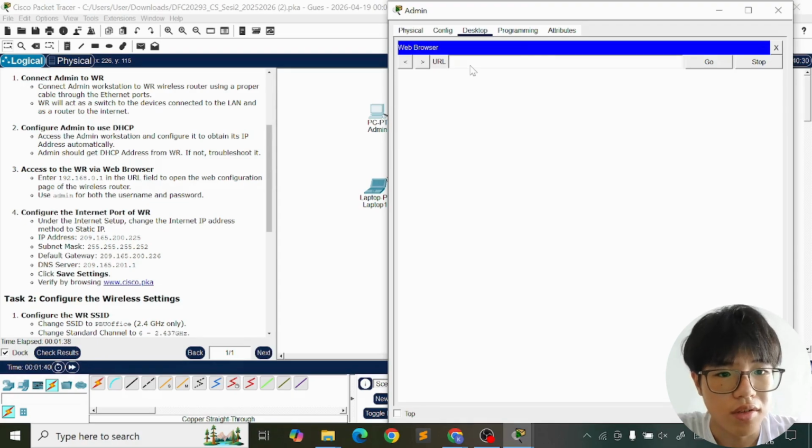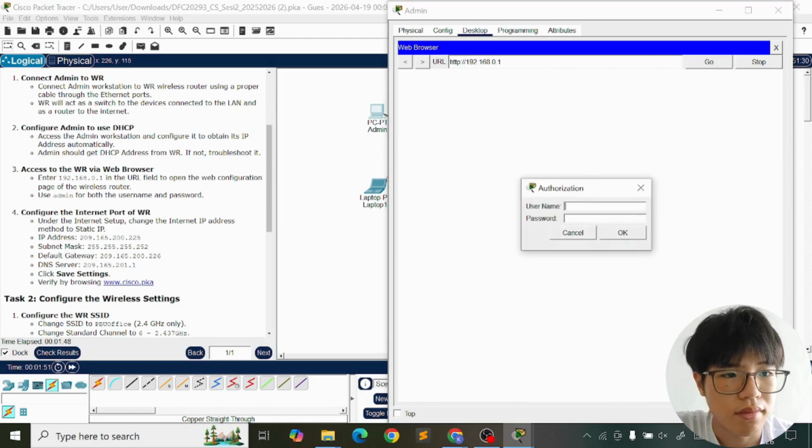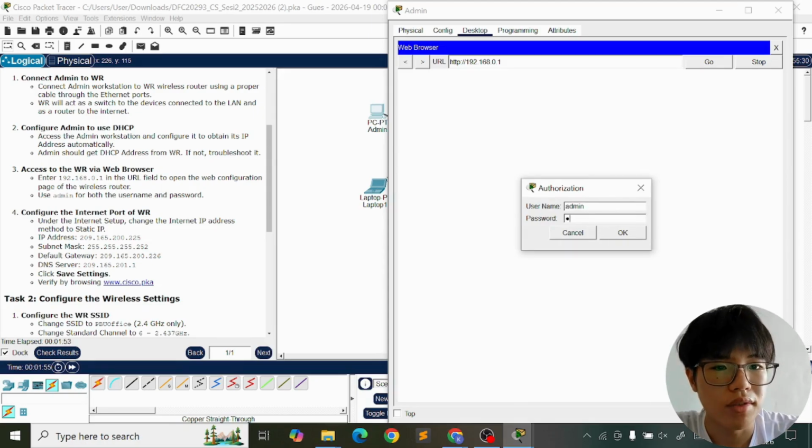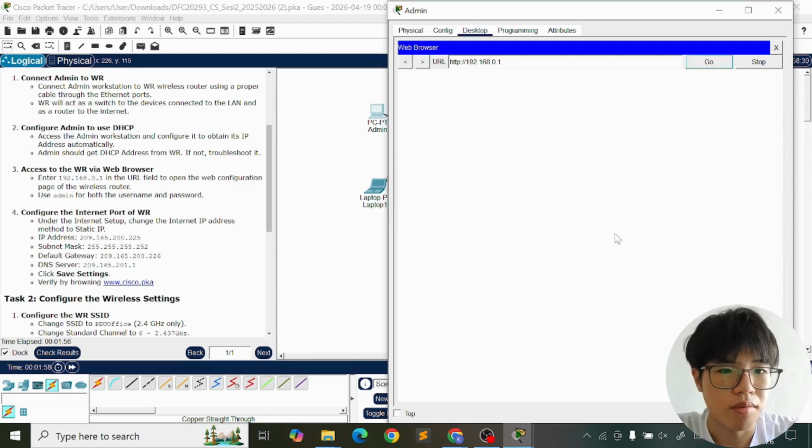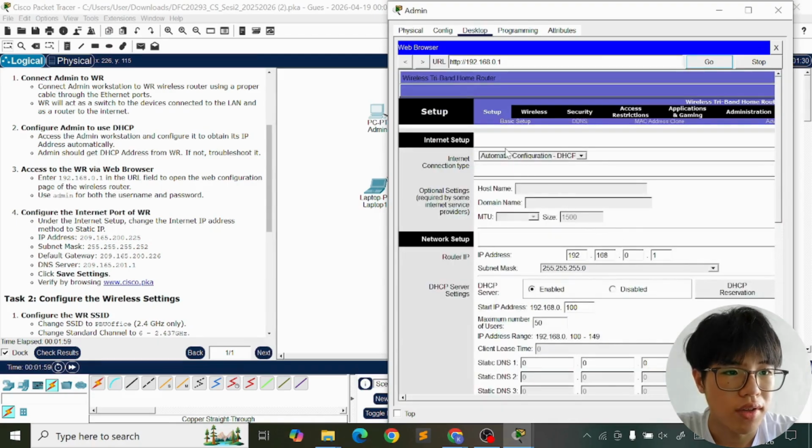Now type in the one that has popped up, 192.168.0.1. Now just put admin in the username and password. I also use admin. Now press OK. After that,